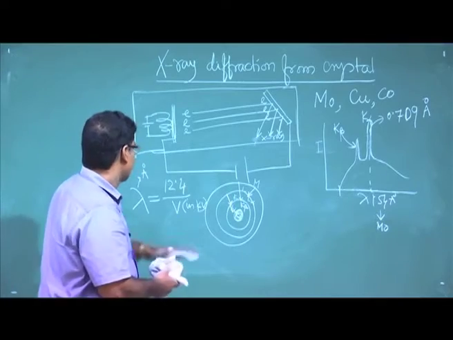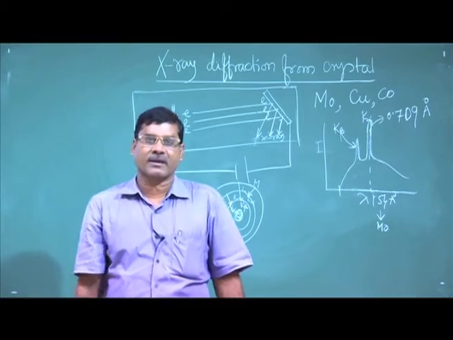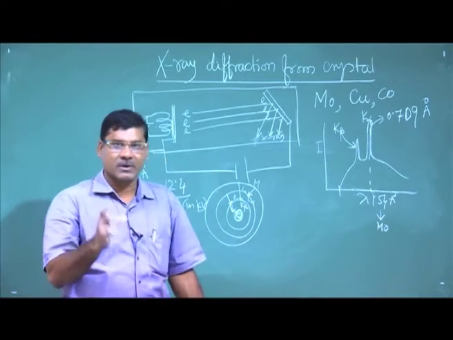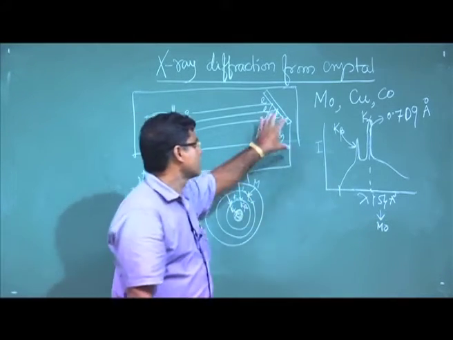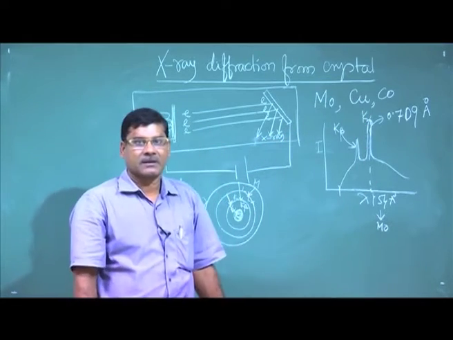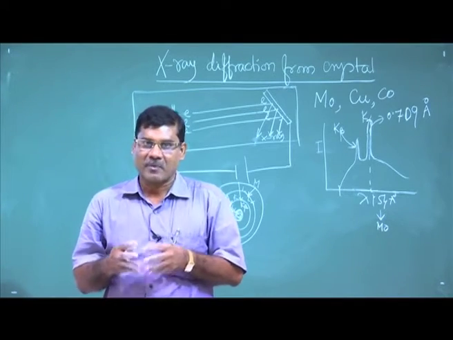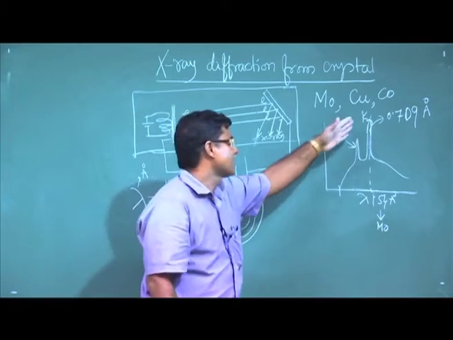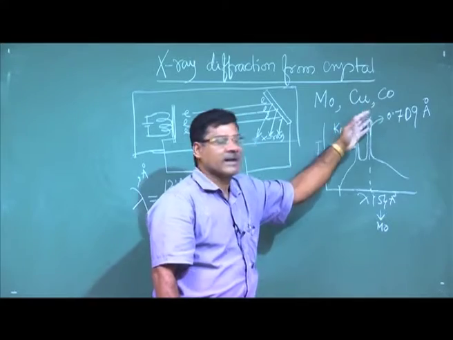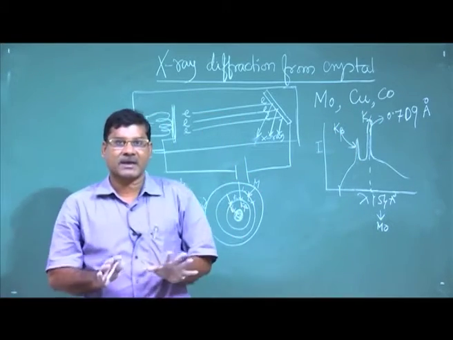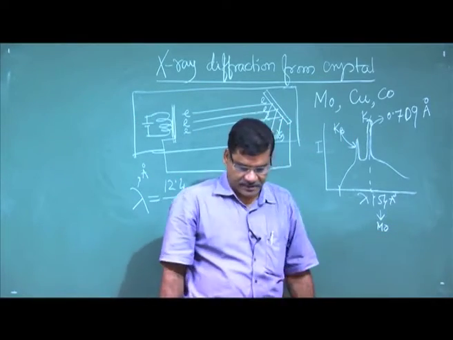Okay. So, here I wanted to say that in an X-ray machine, generally the voltage we apply between the cathode and anode is in the range of kilovolts. And the target we use is generally this type of target. For X-ray diffraction, generally we choose a wavelength, that is generally copper K alpha, molybdenum K alpha, or cobalt K alpha. Okay. So, these are the practical aspects I told you, apart from the principle of X-ray spectra.